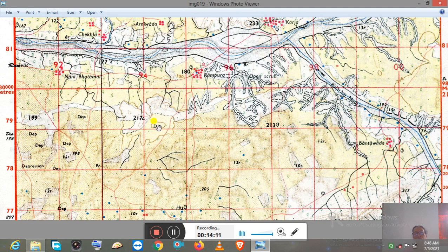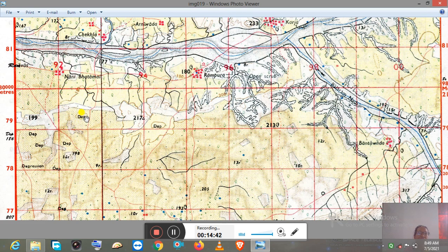All over the map you are seeing the black lines. These are small streams joining the larger main river. There are some different features which are shown in the map. All these black curved lines along with the streams are showing broken ground. It is caused due to the erosion by water.